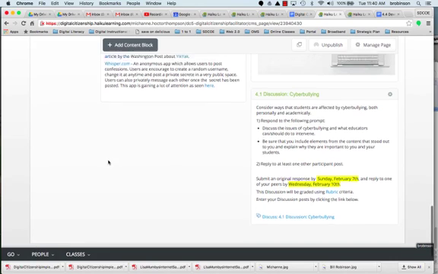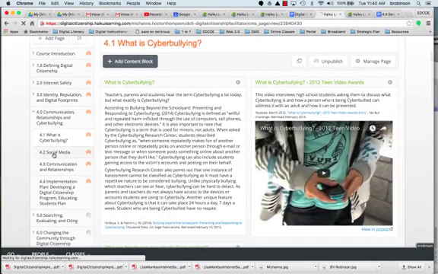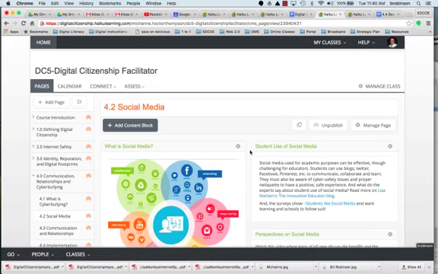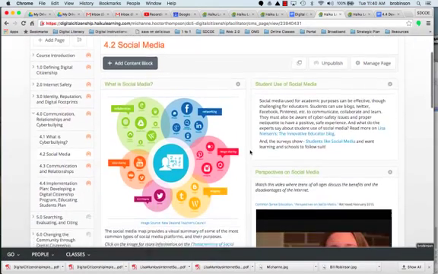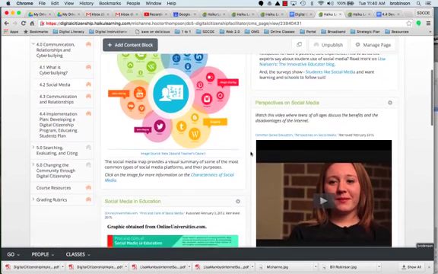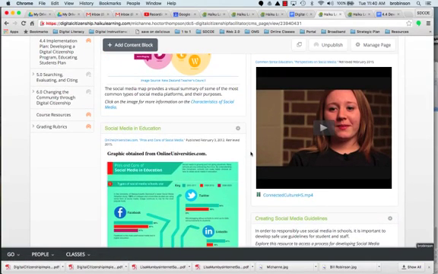Let's move on to the 4.2 textbook page. This page is all about social media. It includes an infographic here on the left on what social media is, students' use of social media, a video from some students who are talking about social media,